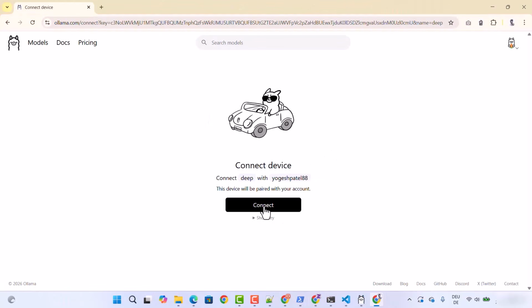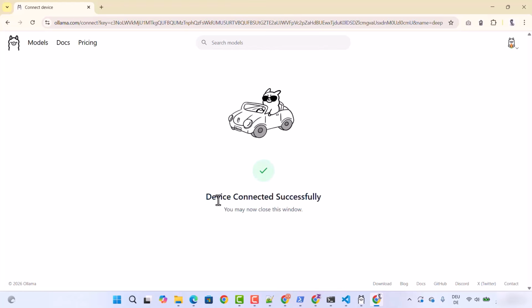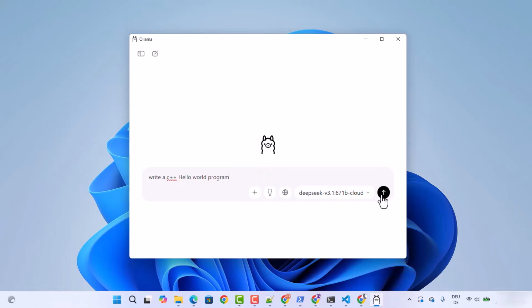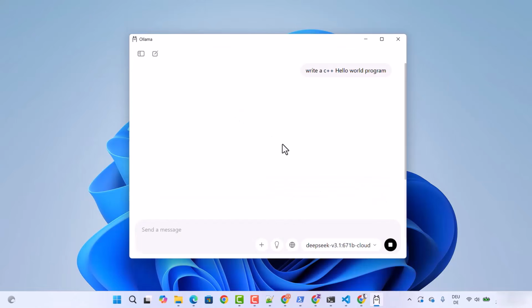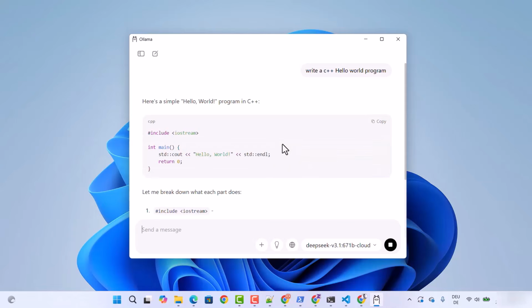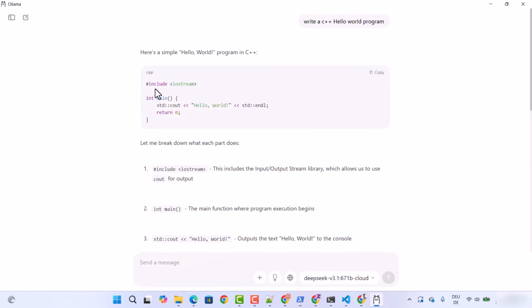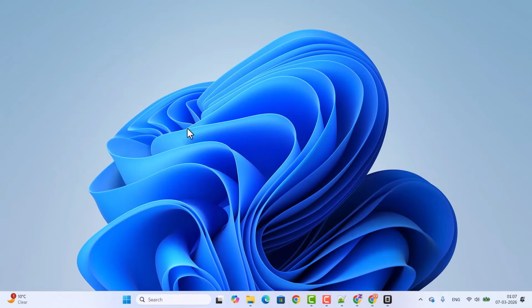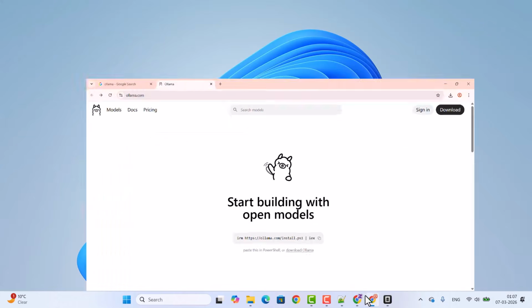And then once I'm signed in, I can press on this connect button, which is going to show me this message which says device connected successfully. This means I can start using the Ollama command. So for example, if I write a C++ hello world program, it's going to give me this kind of response here, right? So once you have OpenCode and Ollama installed on your Windows operating system,